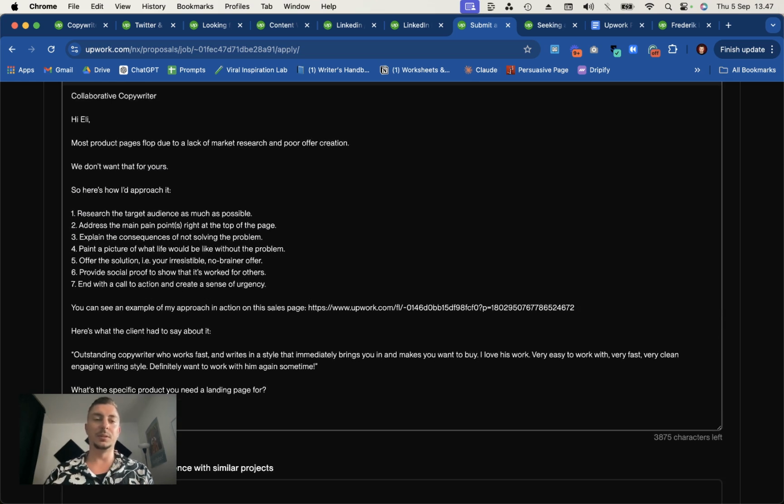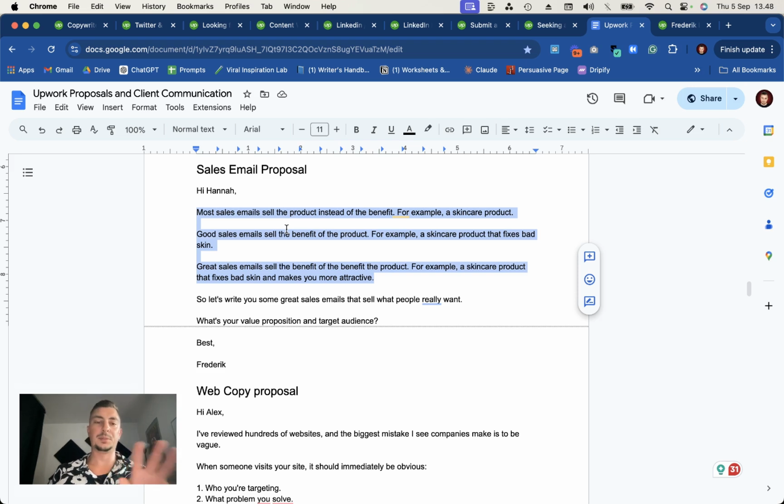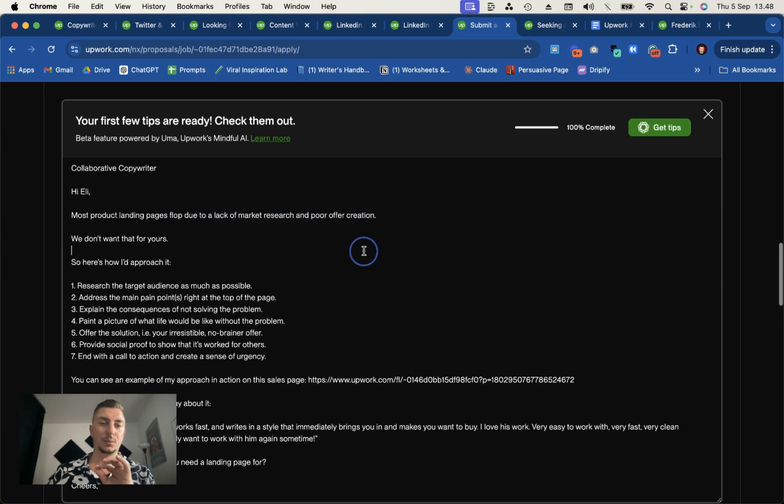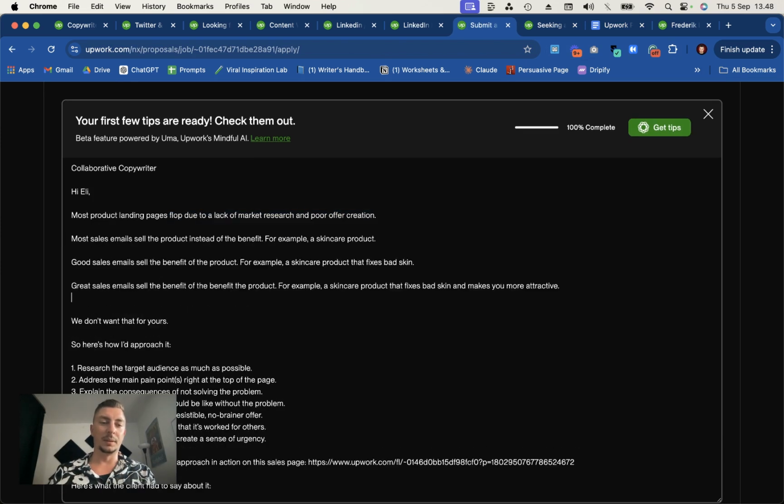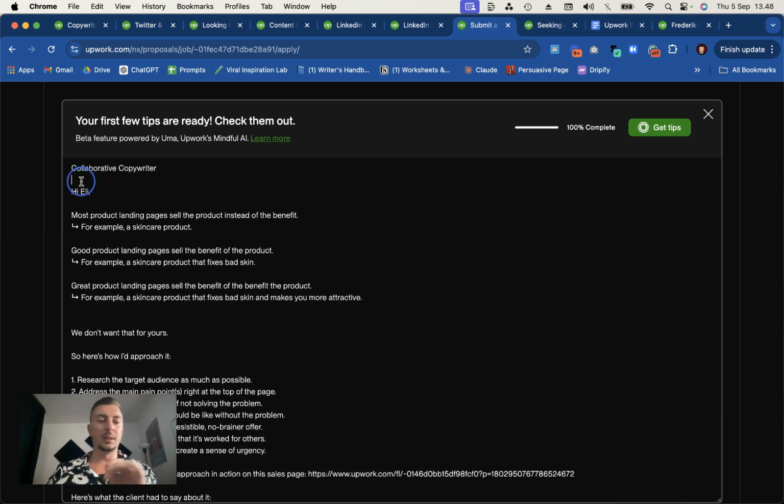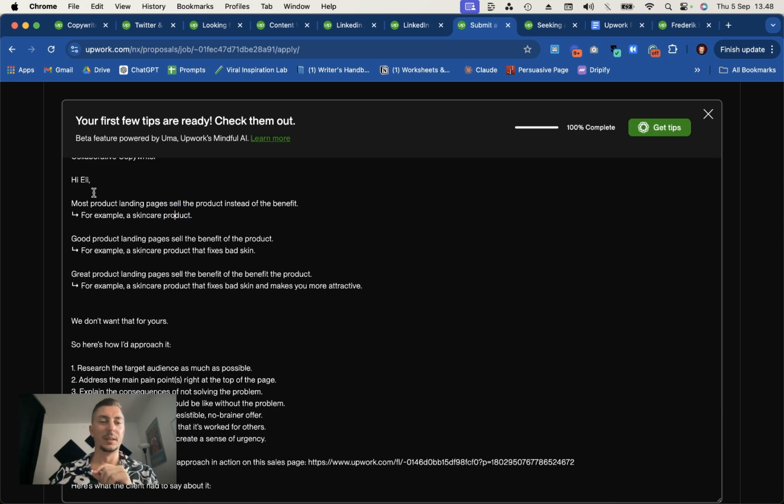And then instead of sales pages, we want to change this to most product landing pages flop due to a lack of market research and poor offer creation. Doesn't sound that great because that might allude to the fact that they haven't created a good offer or something like that. I have a template for a sales email that I think will work here as well. So I'm going to go back into this proposal here and then copy that, and then we just swap out a few words. Okay, so what I've done here is I've created a Frankenstein proposal where I say, hi Eli,